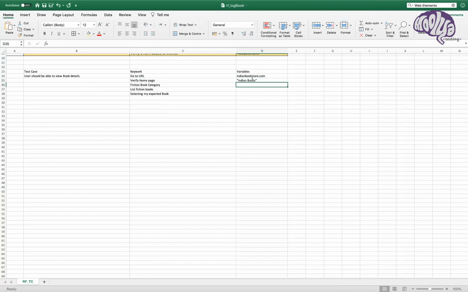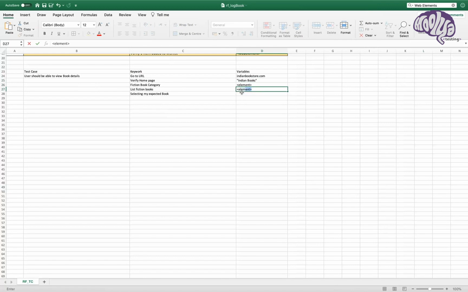Here you will be validating an element, so you need to find the list of category first, and then you will be finding the fiction, where in that list we'll be having different lists. Under the category section, we'll be having a list. Here we'll be using a bit of data structure knowledge. We'll be using a loop, going through the category. I will look for the fictional book and then I will select it. For that, I need the elements. And the next variable, list of fictional books.